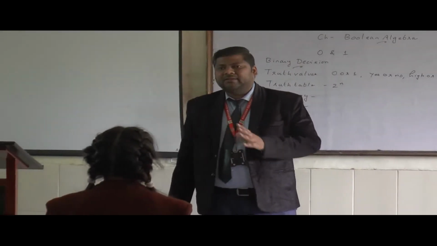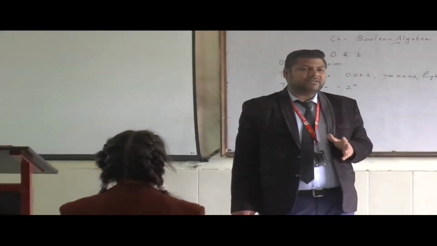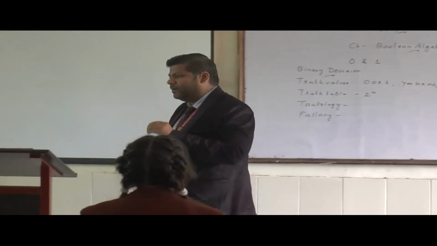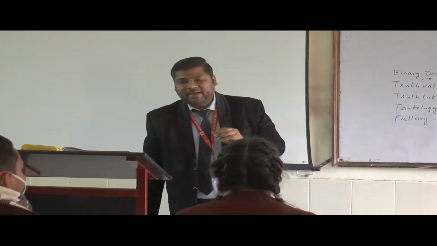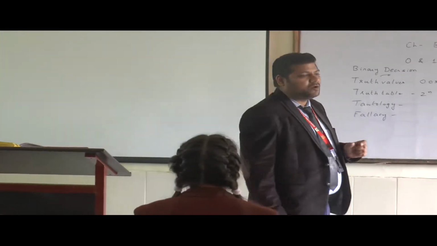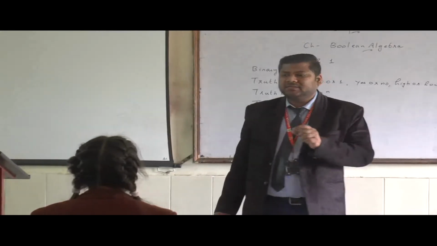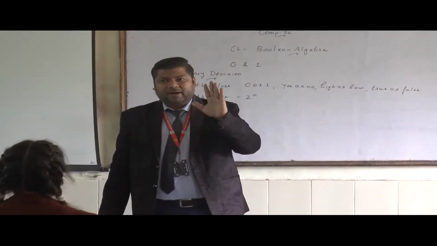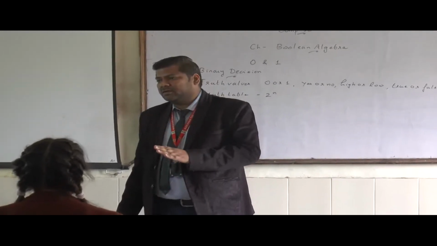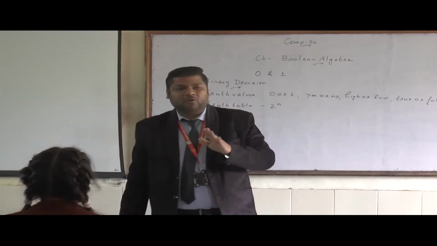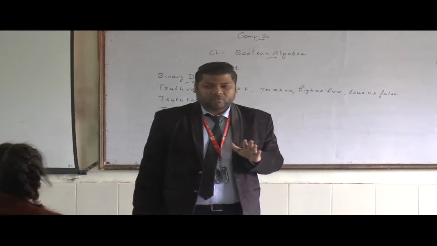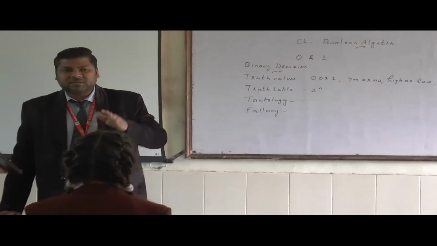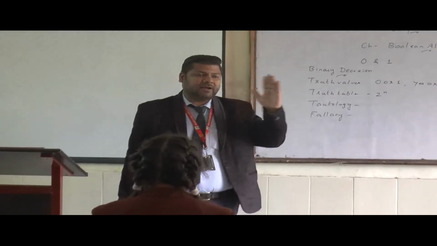And they are actually the fluctuations in the voltages. When there is high voltage, it is represented as 1, and when the voltage is low, it represents 0. So there are only 2 fluctuations, high voltage and low voltage. High voltage is called 1 and low voltage is called 0. So in this chapter we will discuss the concept of these fluctuations in voltages, that is high voltage and low voltage.